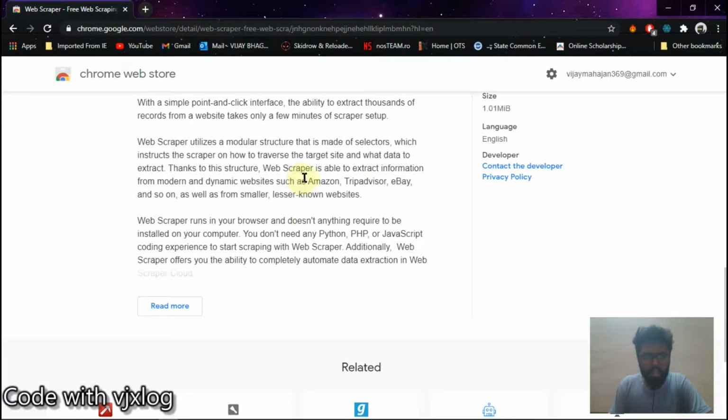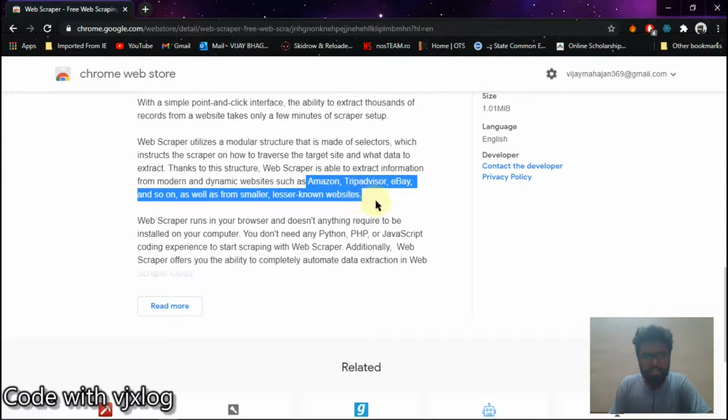So we can scrape data from such e-commerce websites also, to get data in a more detailed manner without needing to go to the website.